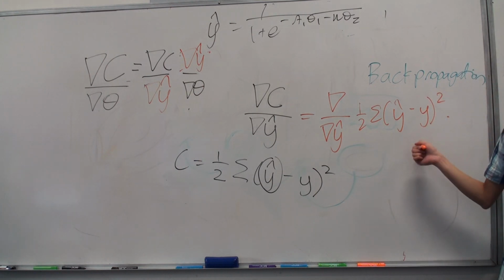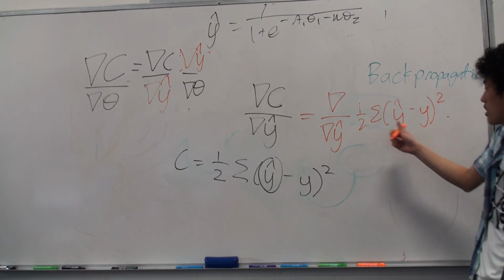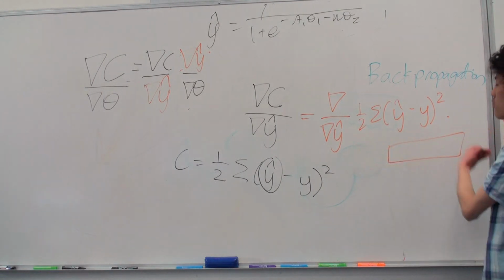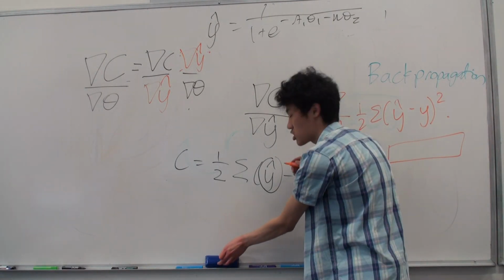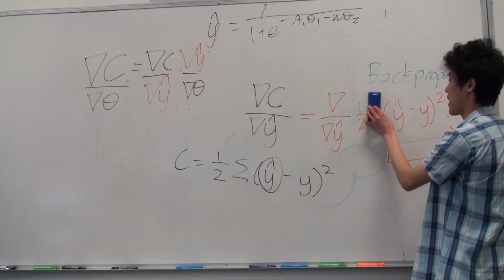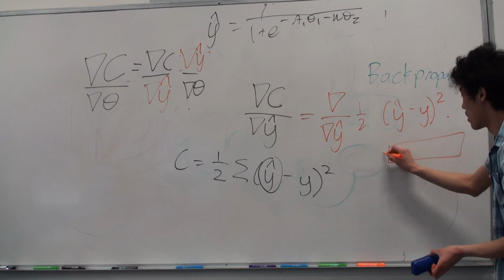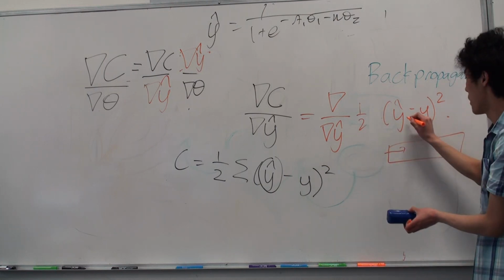But remember, this is stochastic gradient descent. From before, we told you that stochastic gradient descent only looks at one data point. It only looks at one row. And if that happens, that means we don't need to add it all up. So we don't need to put the sum sign, because that's not stochastic gradient descent. We want to do it for each row, so we delete the sum sign, but we need to put the